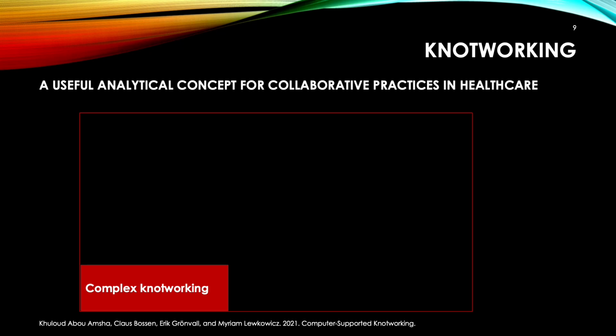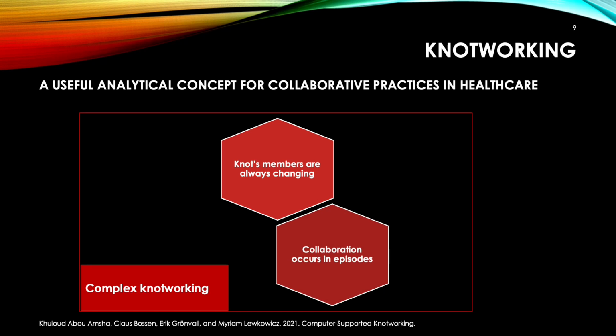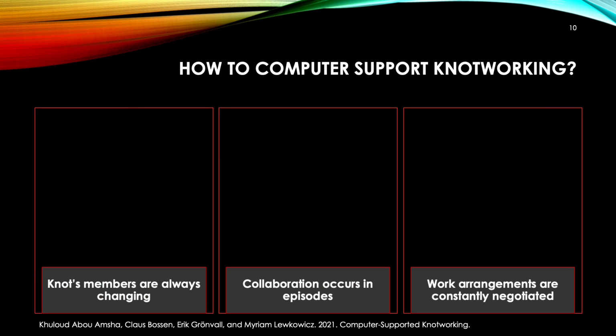We can say that we are looking at a complex Knotworking that involves a dynamic number of collaborators, a multiplicity of different knots with episodic instances of predictable and unpredictable Knotworking, and constant negotiation of how to cooperate and communicate to solve the challenge at hand. So we argue that these characteristics of complex Knotworking must be considered when designing supporting information technology. By comparing the 2 proposed design solutions, we outline design guidelines for complex Knotworking.